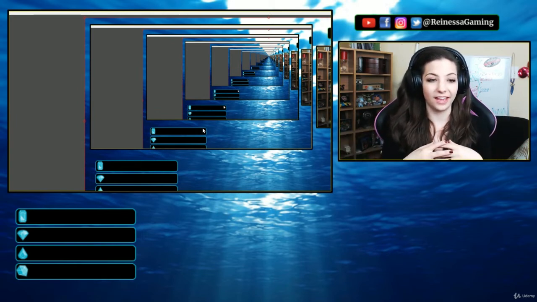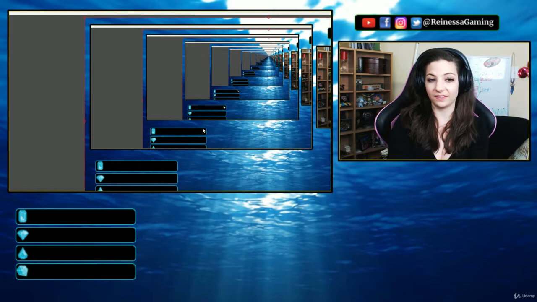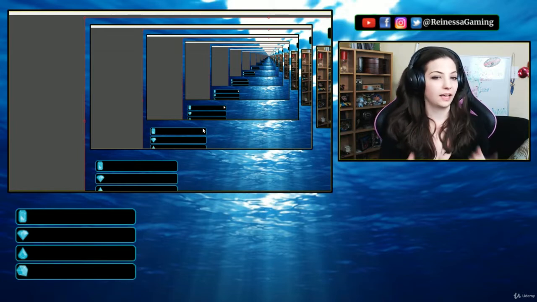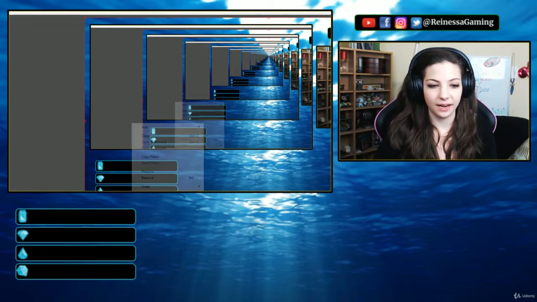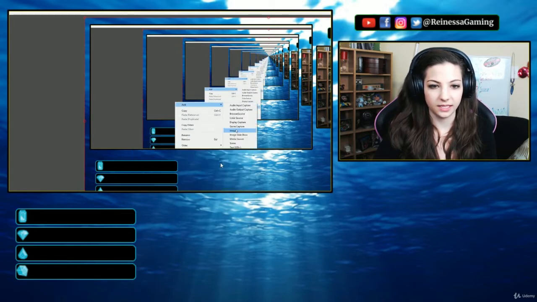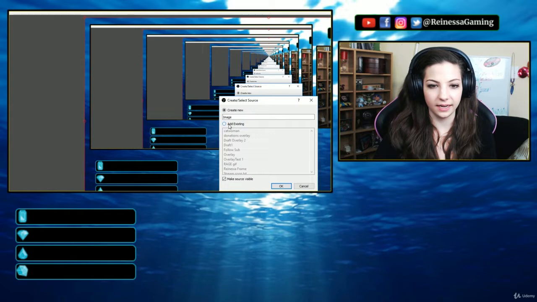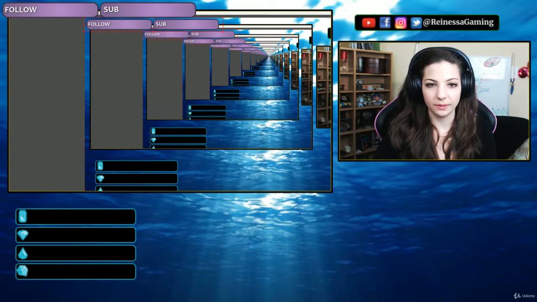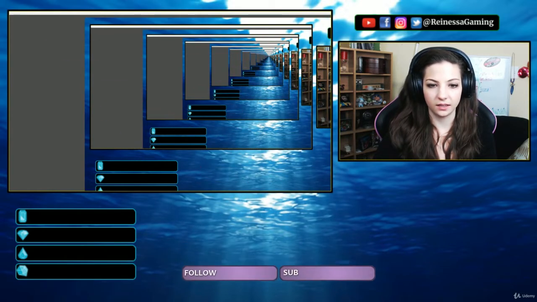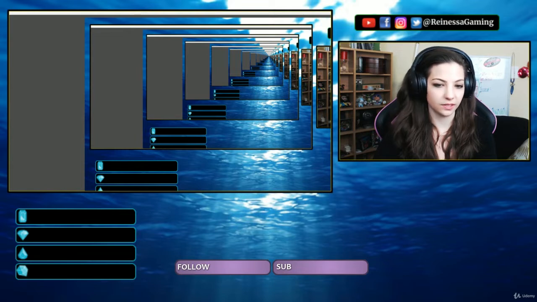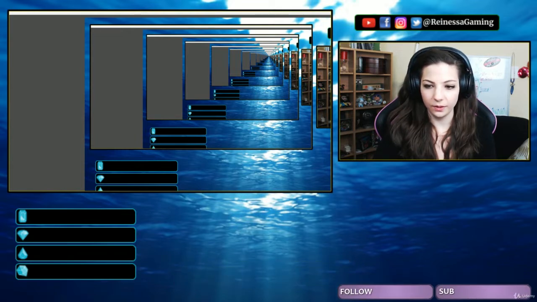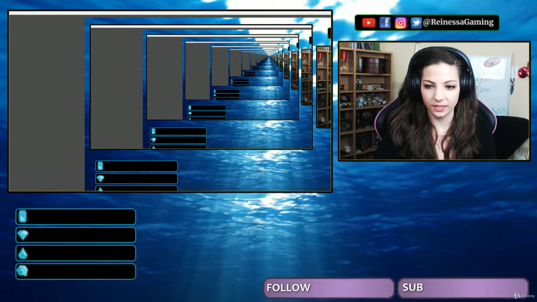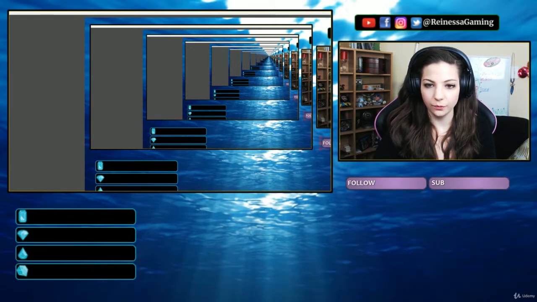So when you have an all-inclusive overlay like this, it's very easy because you can add one and filter everything out. But say if I wanted to add more things, it's the exact same process. So I would add an image, and one of my images is a little overlay that shows followers and subscribers. And so I can add that, move it wherever I want, drag to resize, and don't forget about the beauty